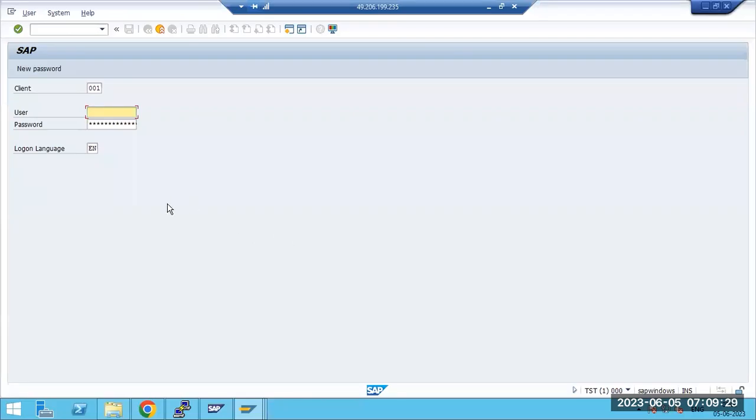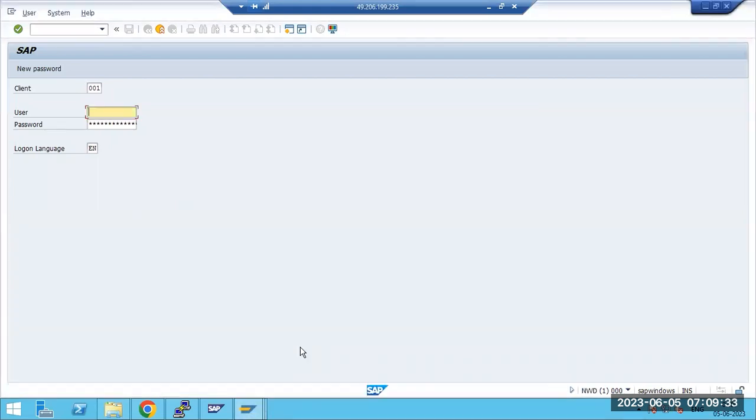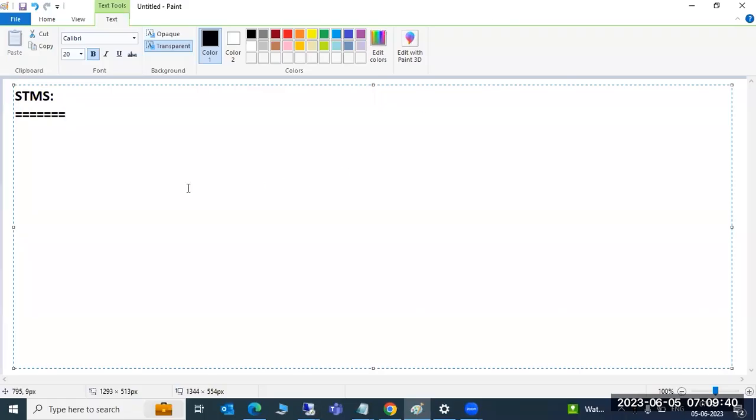Okay, so we have three systems in the landscape. We will connect to them. What we are discussing now is TMS configuration. First of all, to perform the TMS configuration, we need to decide which system should be in the